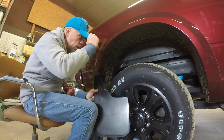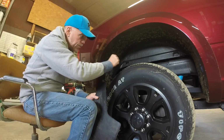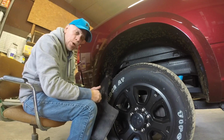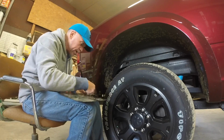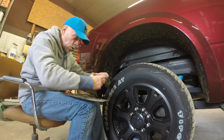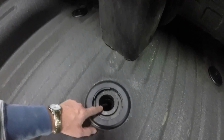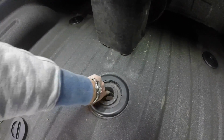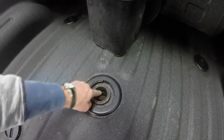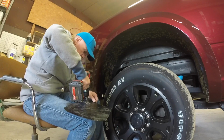You know, on any other gooseneck hitch that I've installed, I've got a lever on the side of the frame that I pull in and out to lock that ball into place. So with the factory installed option on these Ram trucks, that is not the case. The frame is already installed inside, the hole is cut out, and then I guess there's a groove where the ball sits down inside, and then I guess something in the ball catches in the groove of the frame and holds that ball into place, and that's what I'm trying to figure out. So I went to my local Ram dealer this morning,